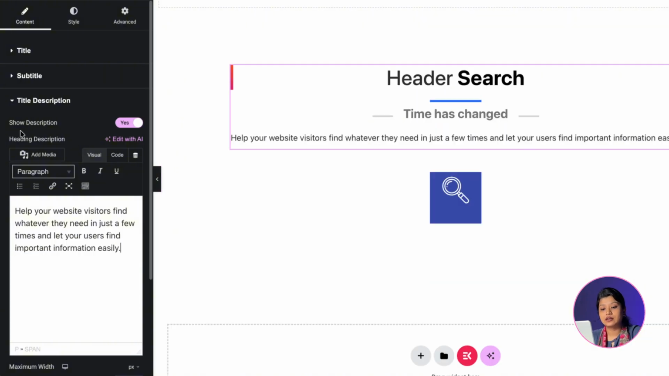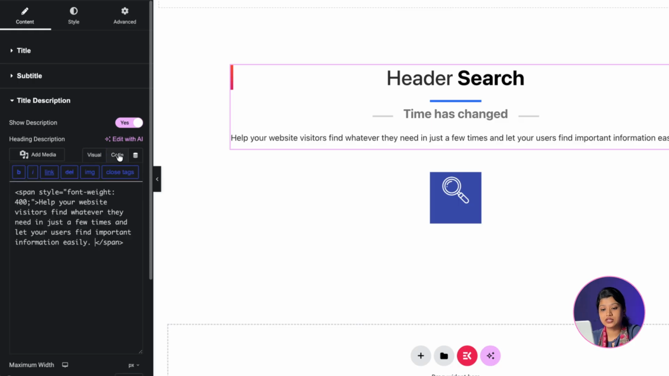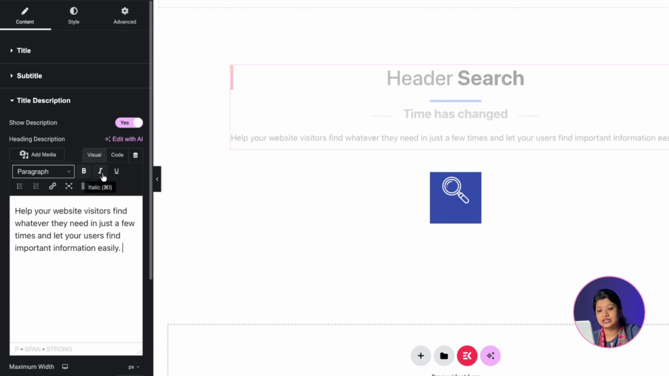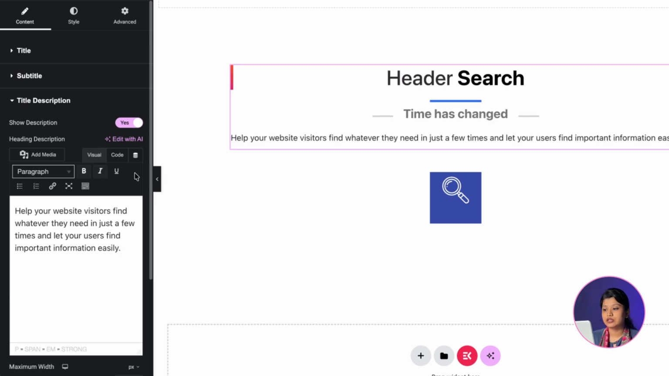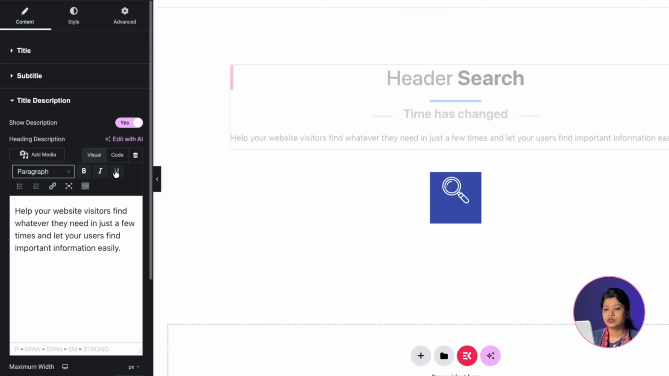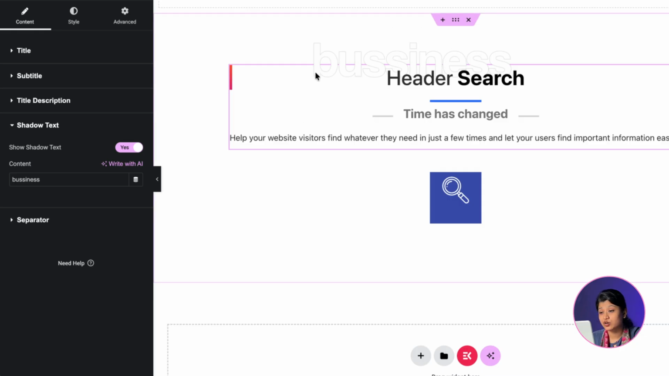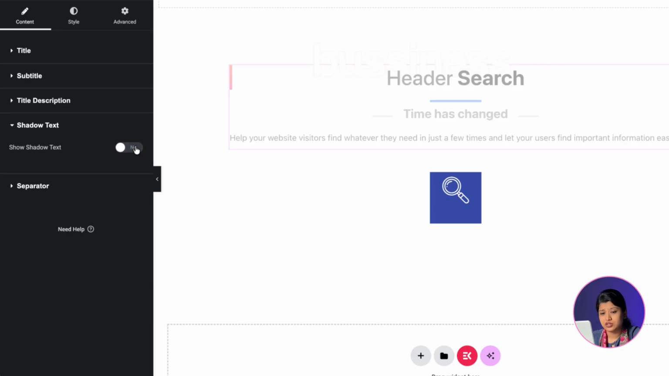And you can add visuals and codes as well, but I think the visual one is perfect for me. Then you make it bold or in italic letter, or maybe in underlined, so you can change this from here. So after the title description, there is a shadow text. If you click yes, then the shadow text already has appeared in your page. See, you can see here, which is written business, but I don't need any shadow text, so let's just ignore